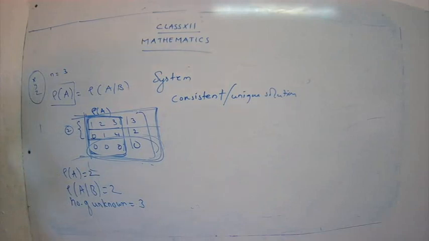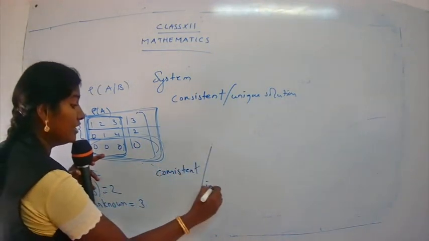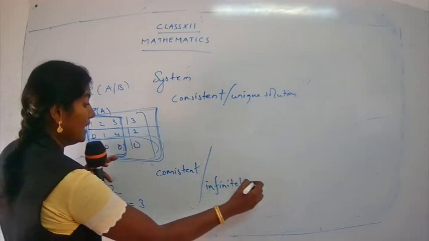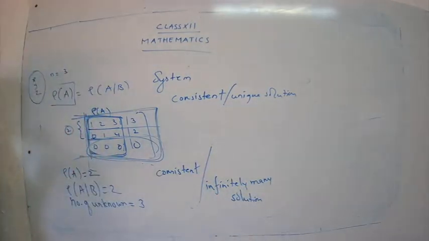So now, if you have such a condition, that is, if rank of A and rank of AB are the same, but the number of unknowns is more than that, you have to say the system is consistent. Yet the system will be consistent, but it will have infinitely many solutions. So you may have more than one solution. Are you clear? So if the rank of A, rank of AB and the number of unknowns are all the same, what about the system? Yes, the system is consistent and it has a unique solution.